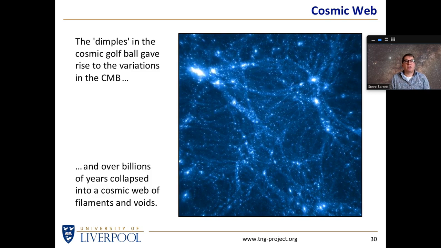And we notice that the galaxies aren't uniformly spread throughout the universe. We tend to get clusters, we tend to get filaments, we tend to get voids. Just like we saw in the 3D atlas that I started with, that's what the universe is actually like. We can understand that if we start with a golf ball with a few variations and let gravity do its stuff, we end up with a structure that is not unlike the structure we see in the universe.